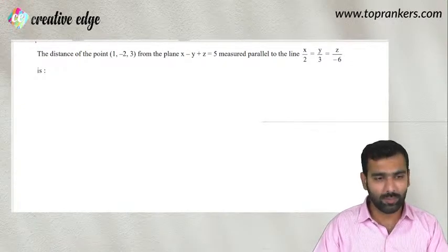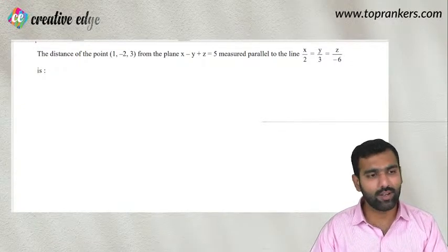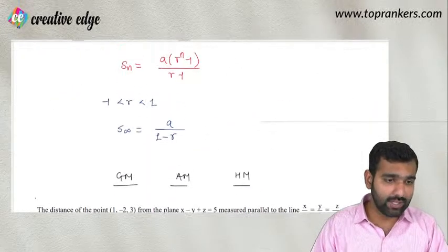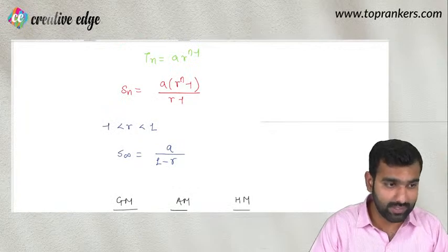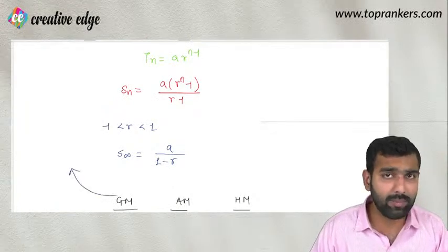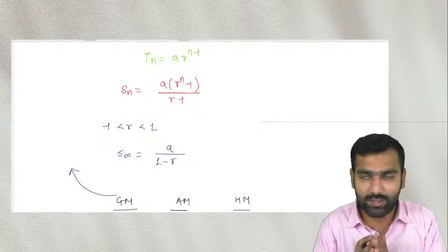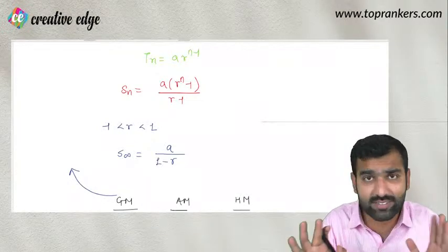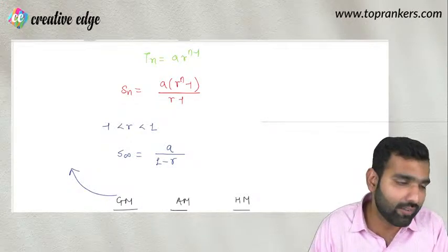मीन, ज्योमेट्रिक मीन और हार्मोनिक मीन के बीच में क्या रिलेशन होता है उसका फॉर्मूला फिगर आउट करें। वेल फर्स्ट ऑफ ऑल, अगर आपको यही नहीं पता है कि ज्योमेट्रिक मीन, अरिथमेटिक मीन और हार्मोनिक मीन क्या होता है, तो हम फटाफट डिस्कस कर लेते हैं। अगर मेरे पास n टर्म्स हैं a1 a2 a3, जरूरी नहीं है वो ज्योमेट्रिक प्रोग्रेशन, अरिथमेटिक प्रोग्रेशन या हार्मोनिक प्रोग्रेशन है, आई हैव जस्ट n टर्म्स a1 a2 a3 a4।